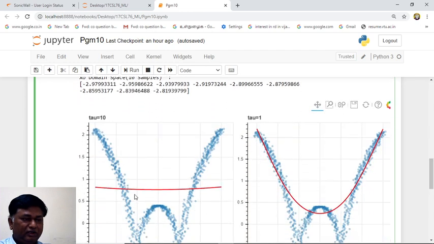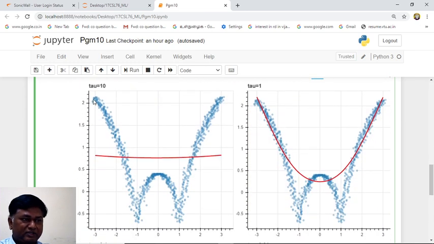Now we can see with a higher tau value it is not predicting properly. Data is here, but the prediction has happened here. Now tau is adjusted, and now it is predicted near the data set. So all these points are predicted approximately correctly. But after this point, data are available here, but the prediction is happening here.